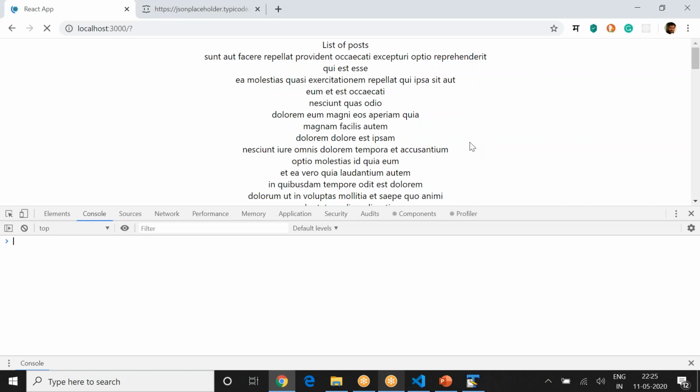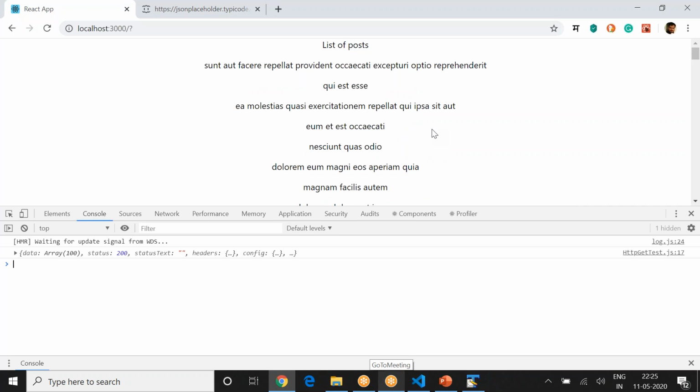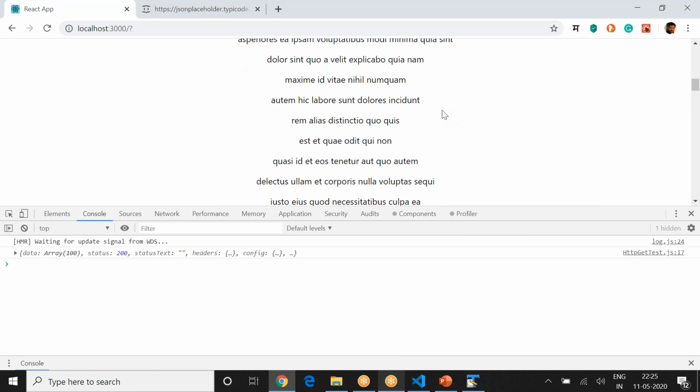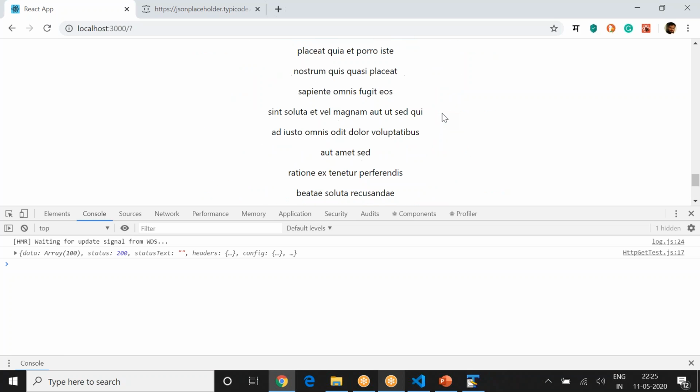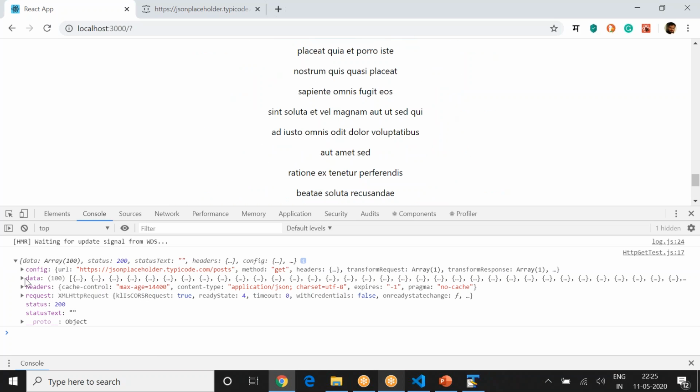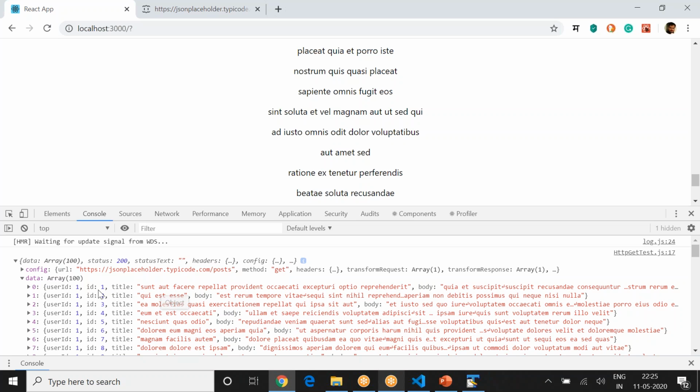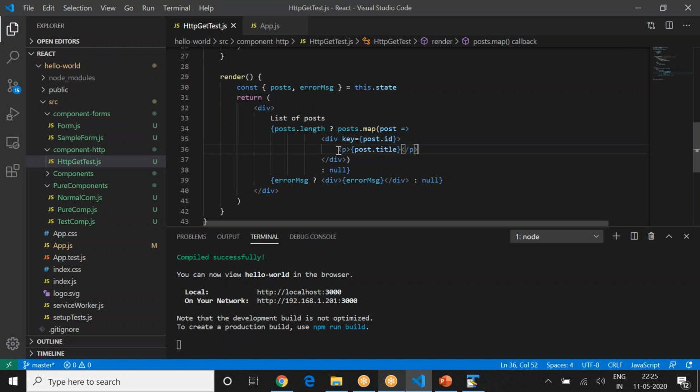Okay, come back and see the screen now. You got this, all the things on screen. You can add more. You have the data, so you can have other fields also. You can have title, you can have user ID also. So let's add post.userId as well. You can actually create a table, table data, table row, and do that.